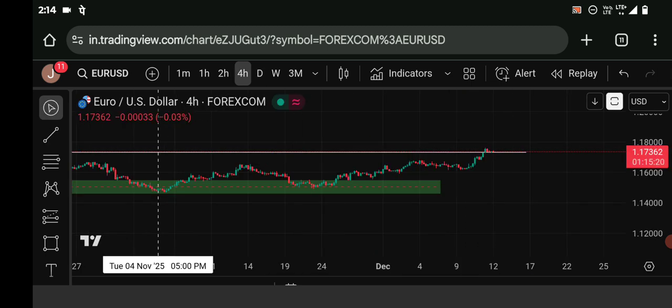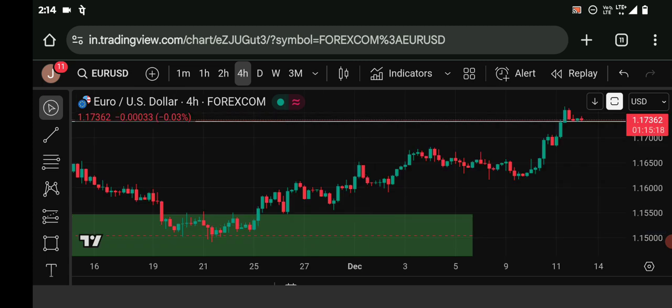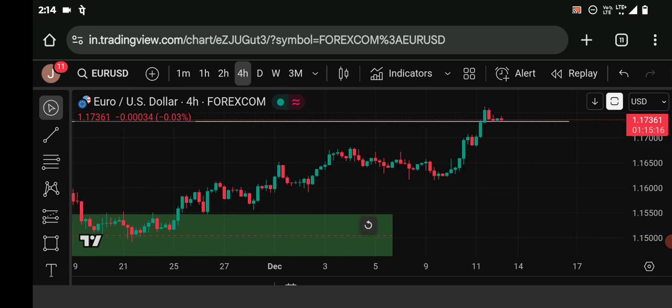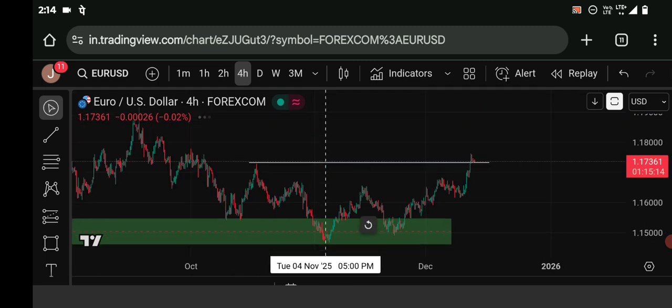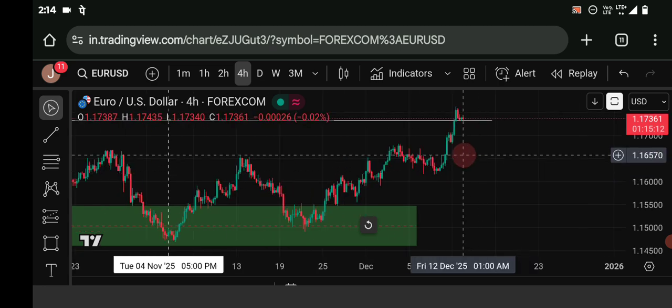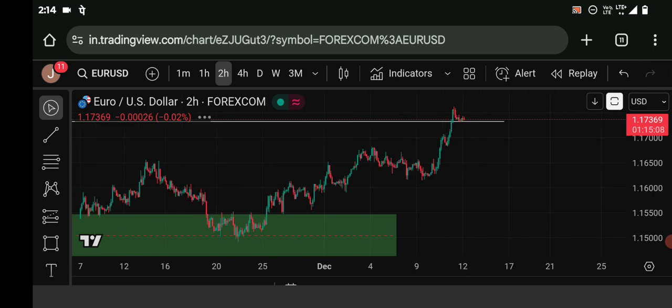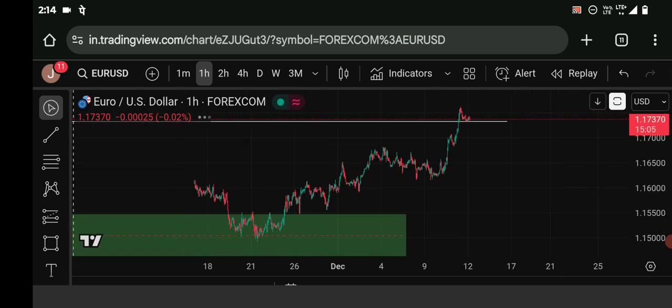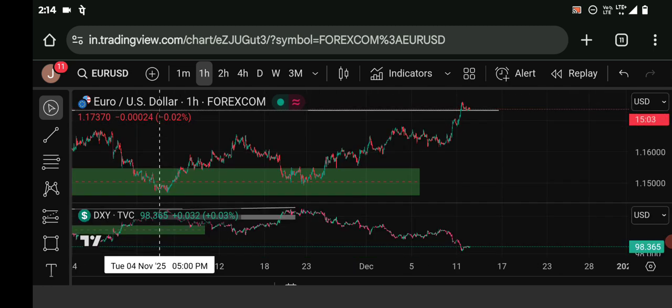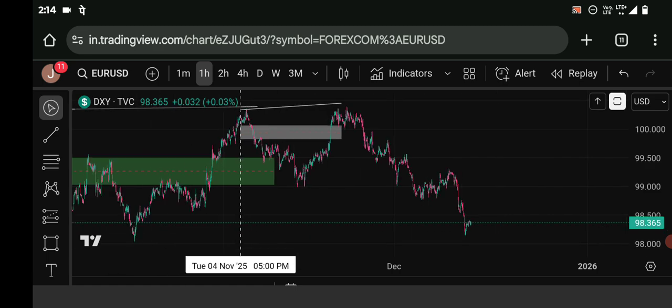If we check, you can see that here the bodies of the candle have already closed above. Then the 4 hour with displacement leg, you can see that here, and the 2 hour also, and the 1 hour also. So this would be considered our market structure shift. So after this, guys,